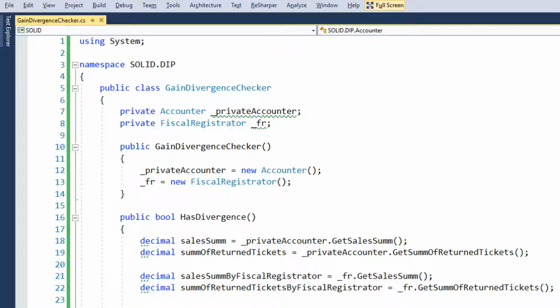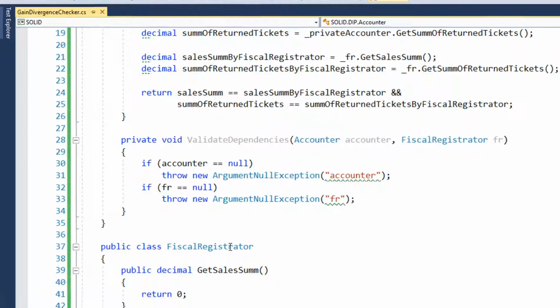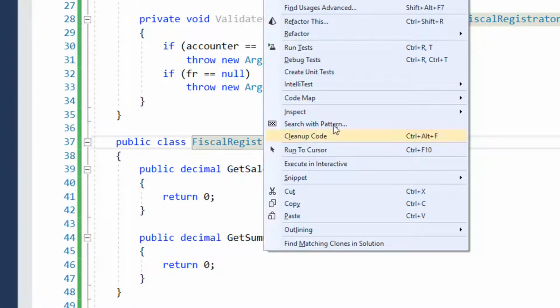There are 3 major ways to accomplish that: constructor injection, property injection, and method injection. Constructor injection is when we request dependencies to be passed via the constructor. So the obvious refactoring can be done like this. The first thing we need to do is to create a seam which will serve as a boundary between domain logic and external devices. And so I move to the FiscalRegistrator class and go to Refactor,